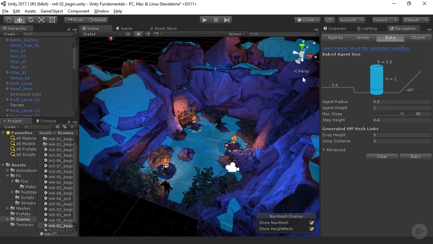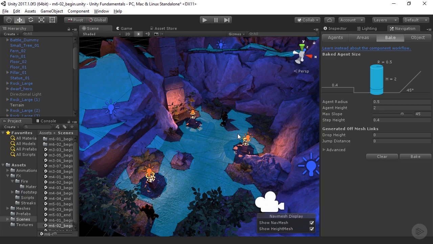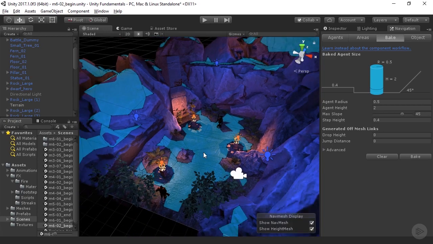It's on objects that it really shouldn't be, and we really don't have a lot of room here in the scene. And I want to create a little bit of a different behavior, like being able to walk through these ferns and small plants. So to get started with this, let's talk about how to remove the nav meshes on